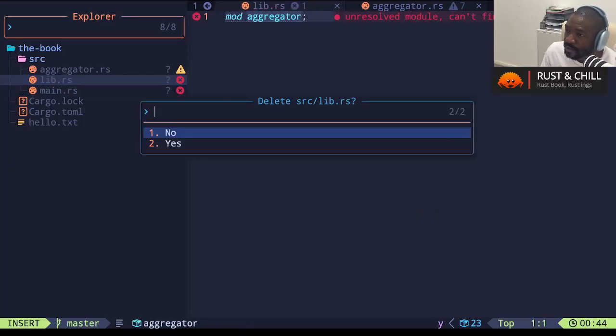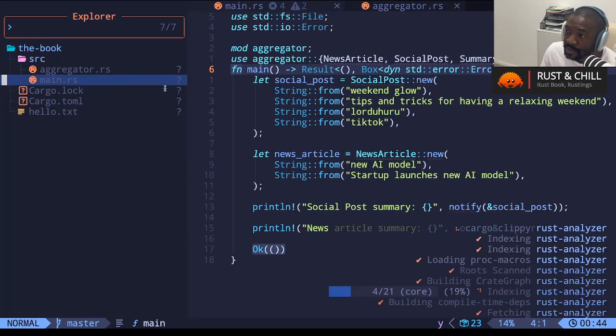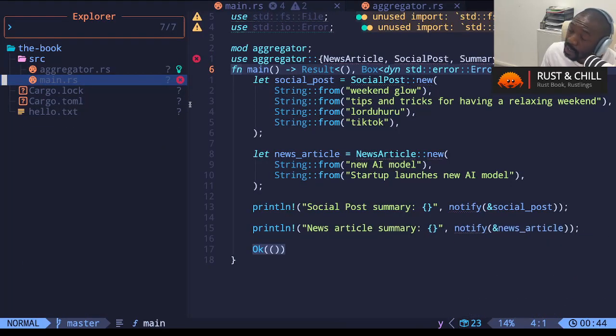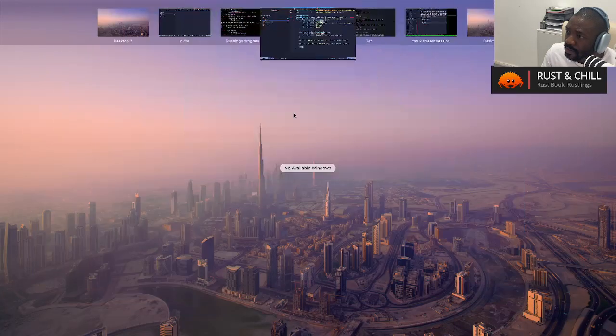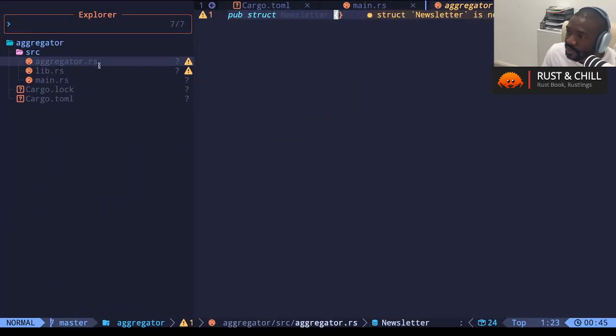So I'm going to get rid of this. What I was trying to do was move things around to a module after writing it just in main.rs, and I was having some difficulty with it. So I had to create a separate thing and just see what was going on. But now I see that